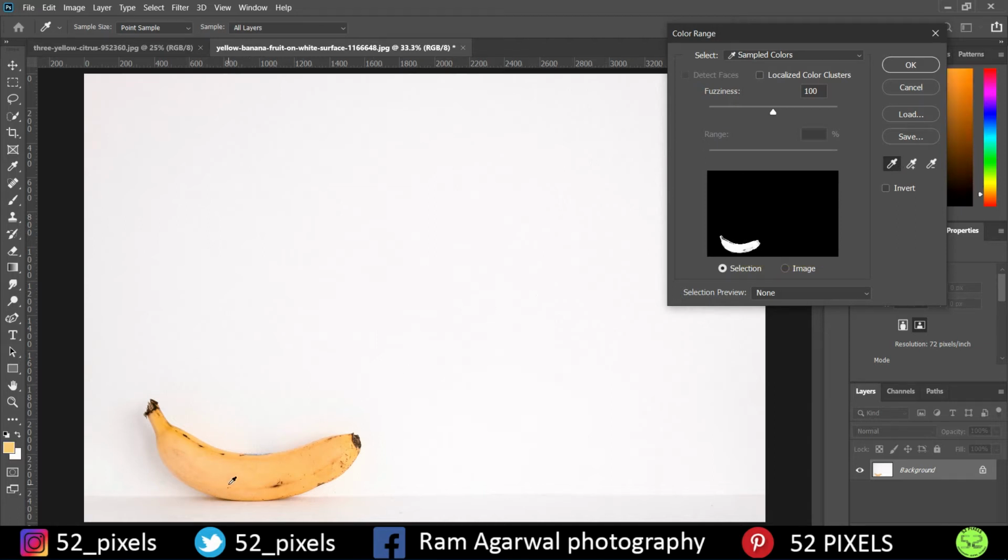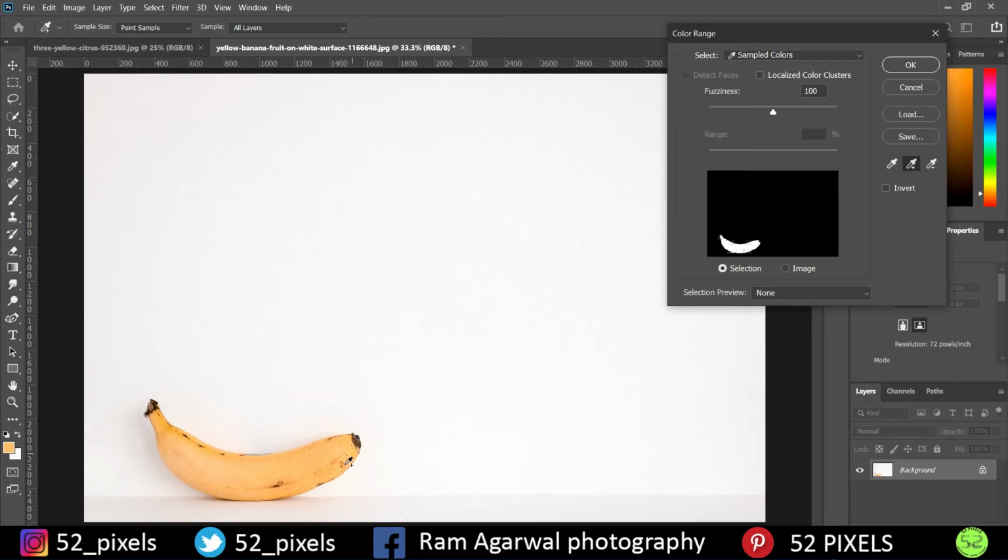As you can see, as soon as I select this yellow color, the selection gets brightened up over here, and it looks more accurate right now. But I want to increase the accuracy because there are some regions that are black and the selection is not yet perfect at all. So what I'm going to do is click on this Add to Sample, or this plus icon, and just drag it across my complete selection object.